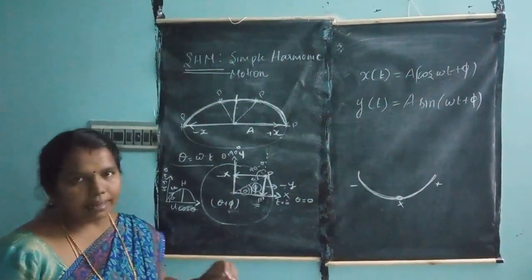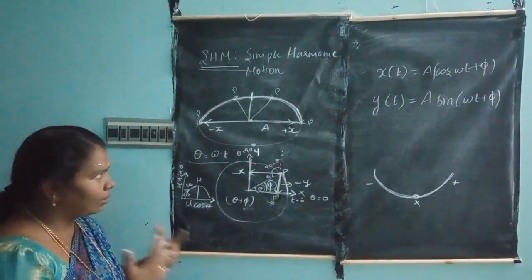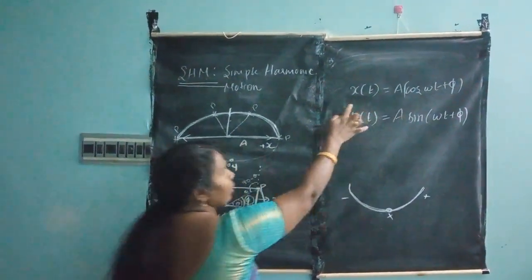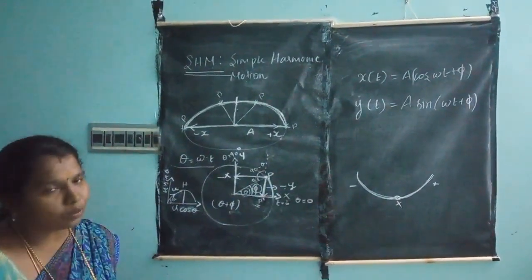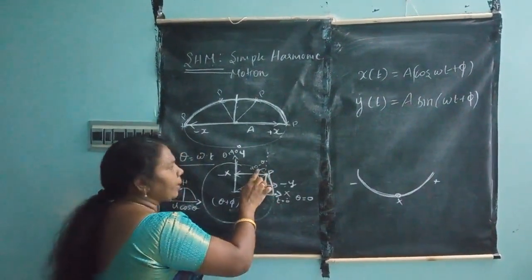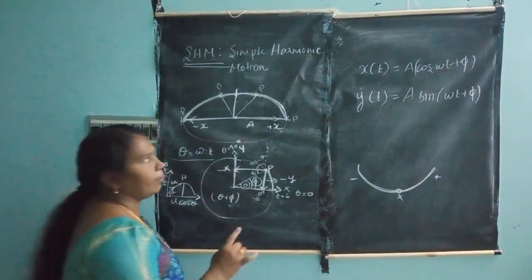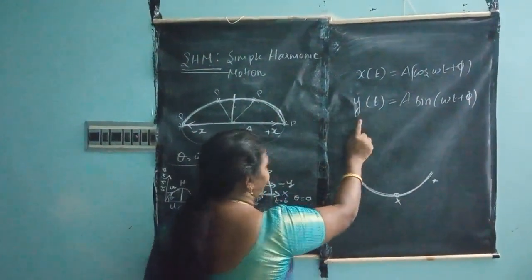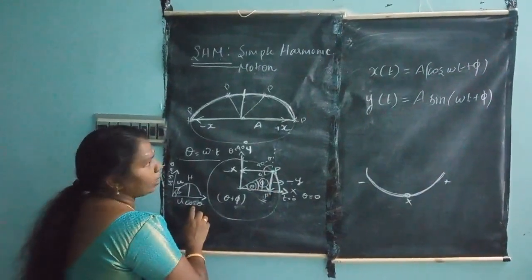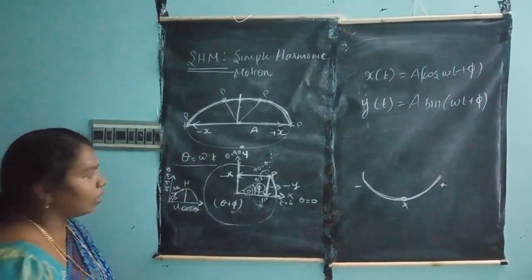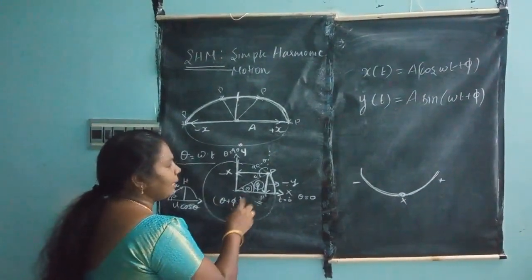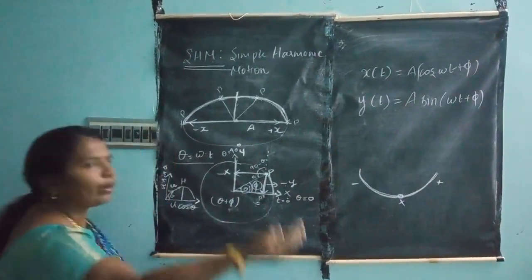From that, these are all we have to discuss in the next topic, velocity and acceleration. Now the displacement can be taken as x of t, meaning the displacement changes with respect to time. When the particle is at rest, t is equal to 0. When the particle is moving, the time also changes. That's why I am representing x of t, y of t. X of t is along the parallel axis, so you can use the cos function: cos of omega t, where theta is equal to omega t plus pi. Pi is an additional angle because now the particle is moving to some particular position.